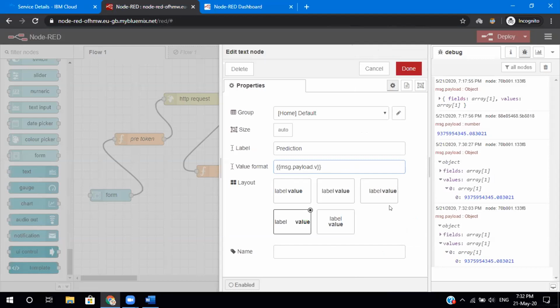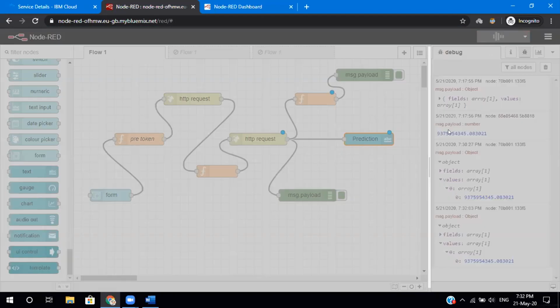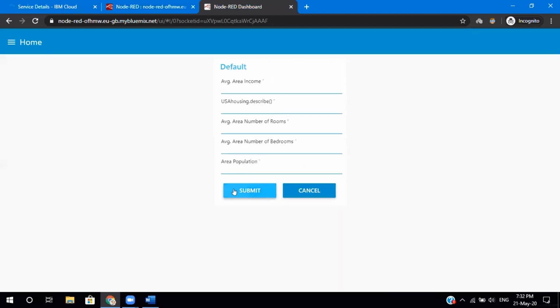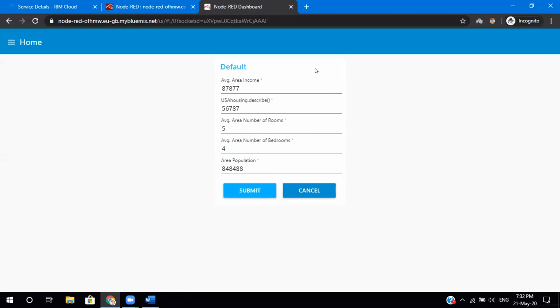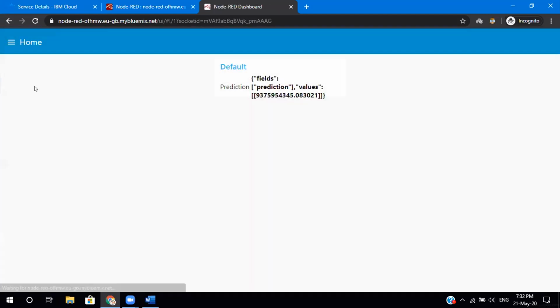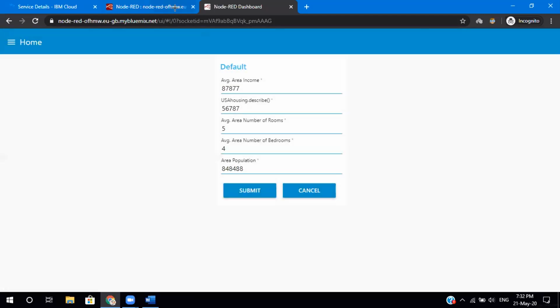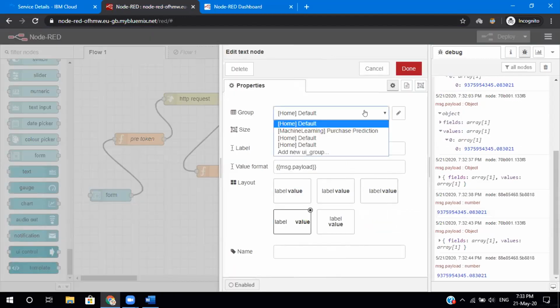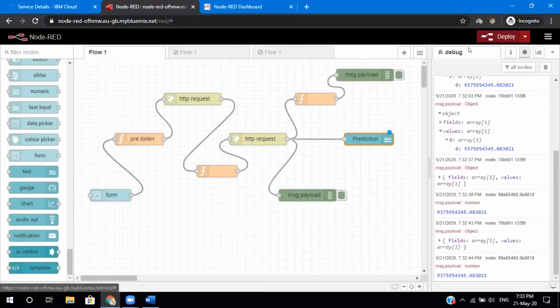So when I connect it back, it has to work. Let me refresh it. We will make sure that it gets connected, and you will be able to see the prediction here. Oh, I'm sorry. We have two home tabs here. That's the reason why we are not able to see that. I'll correct the code, and I'll give it to you. I guess this is the one we have to use.